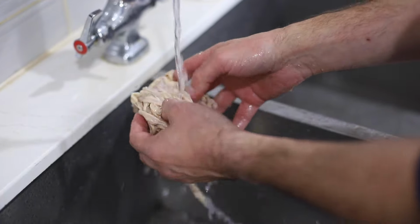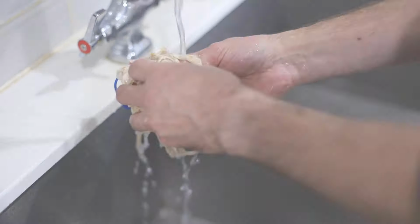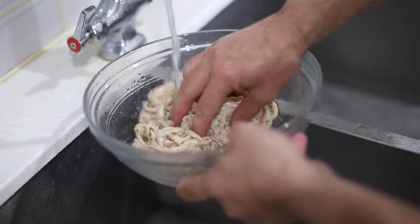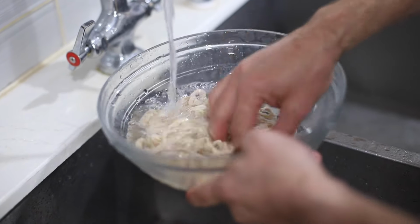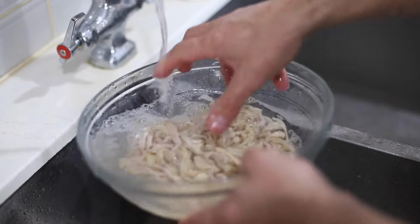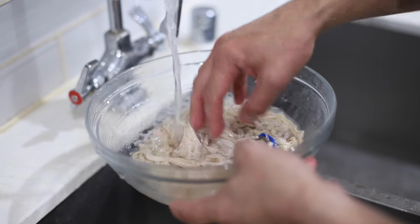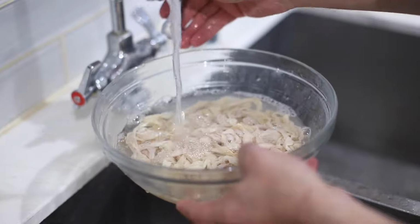So you can see the salt that is packed in here. We need to get all that rinsed off. So this is lukewarm water. I'm just going to rinse the salt off as best I can here first. Just like that. Change out the water, kind of like you would be rinsing rice maybe. And you'll be able to feel once the salt is pretty much gone, and that's a pretty good indication that you should be ready to fill up your bowl